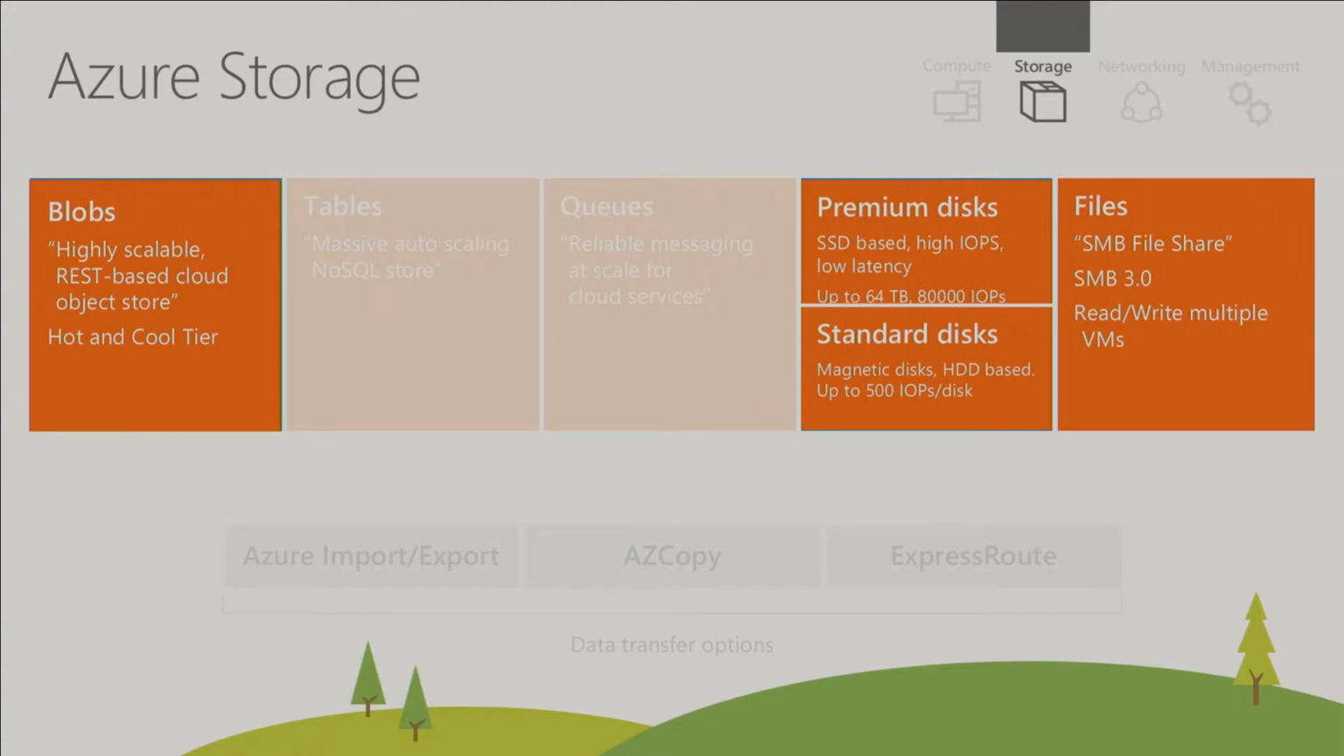The last type of storage that I want to talk about here is files. For many of you who have legacy applications, this is an SMB file share in the cloud. It's based on the industry standard SMB 3.0, so you can share files between different virtual machines using some of the Windows command line interfaces. It also allows read-write access when you're sharing across multiple virtual machines, which you cannot do otherwise with